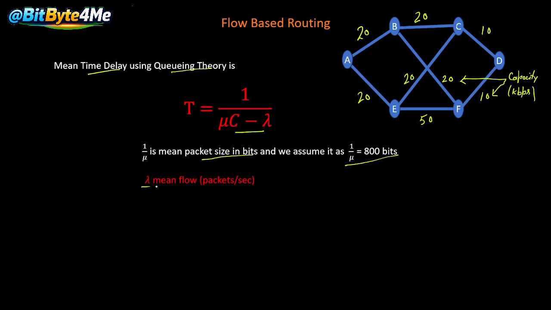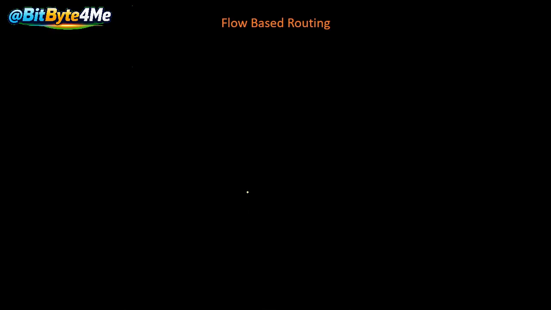Then lambda is the mean flow, that is, packets per second which flow from A to B. Lambda shows how many packets flow from A to B. Then C is the capacity of the line, which is in bits per second. This 20 kilobits per second is the capacity of the line. Then T is the time delay. So to calculate this, we have to use